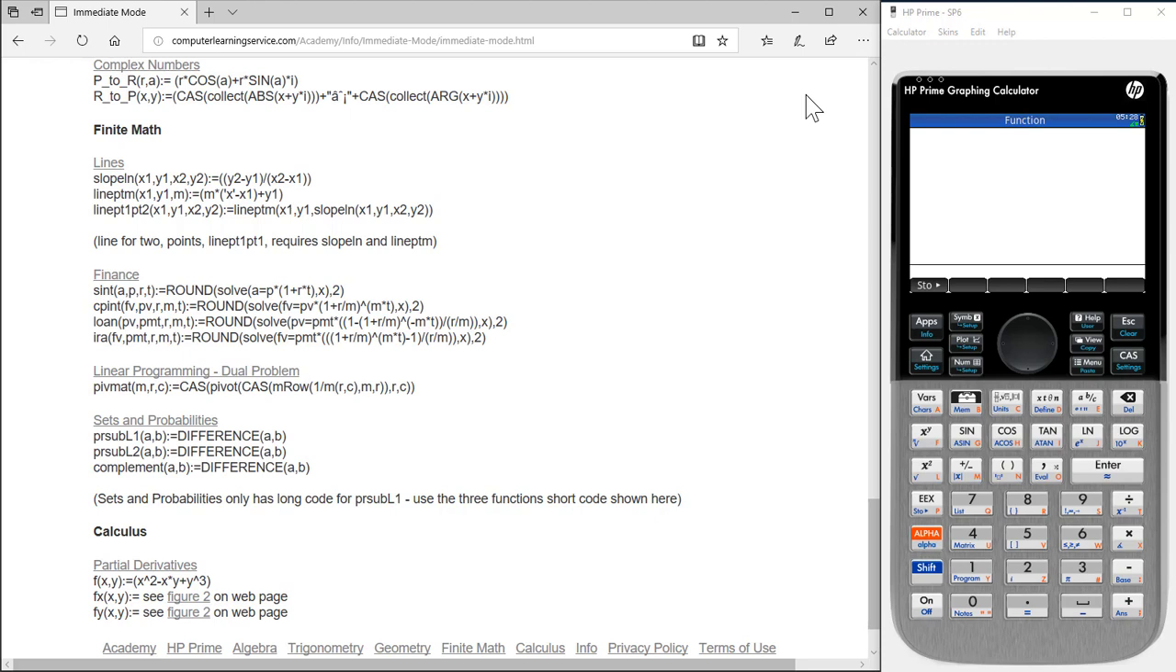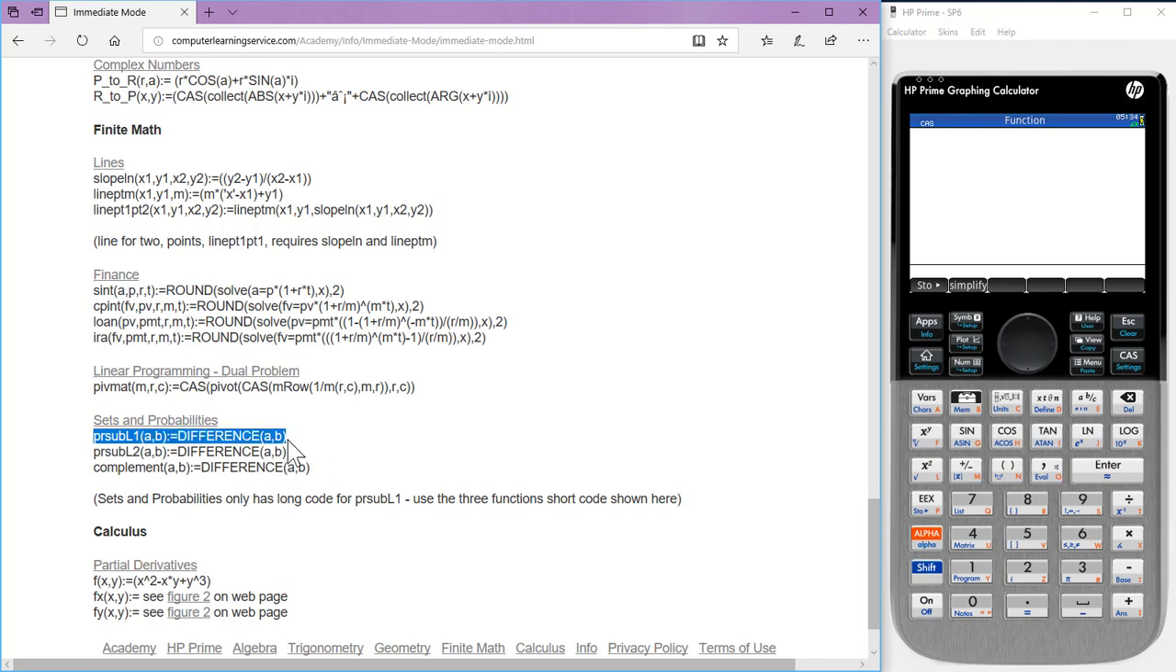This video uses a function from sets and probabilities. We load the three functions into our calculator. Switch our calculator over to CAS view. Highlight the first function. Double click,